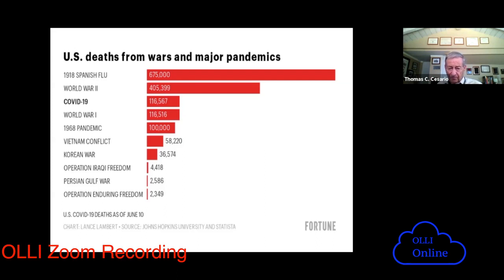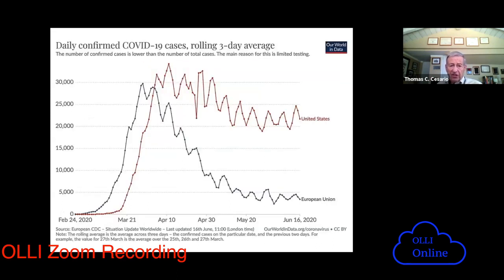Next slide. So the next slide tells you what the world has done and what we have done. You can see that the European Union has gone aggressively after this with a unified approach for the most part, unified within a country. Social distancing is important. Many of them universally wear masks, very good contact tracing, very good ways of quarantining, and they haven't stopped it, but they have controlled it.